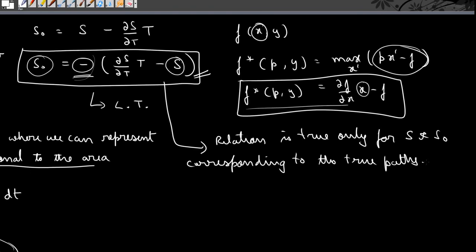Okay, now can we somehow be able to derive this Maupertuis principle, provided we know the Hamilton's principle? Okay, so the question now is, since they are related by a Legendre transform, it means that both principles in some way must be equivalent. What I mean by that is that both should be able to give the true path. Okay, so can we derive this Maupertuis principle from the Hamilton's principle?